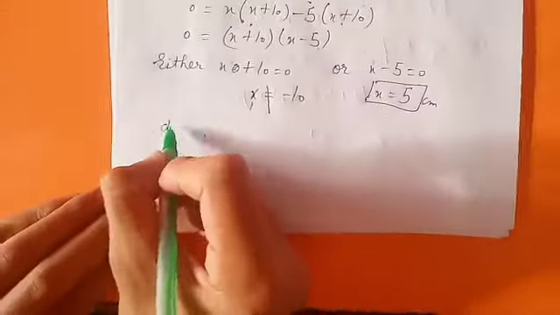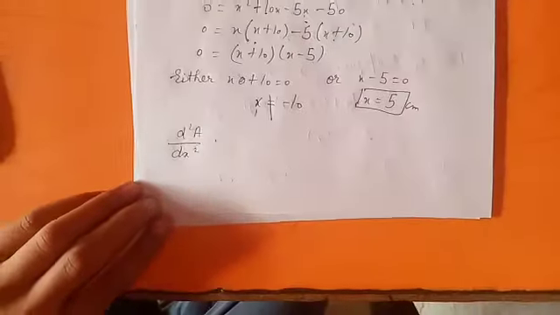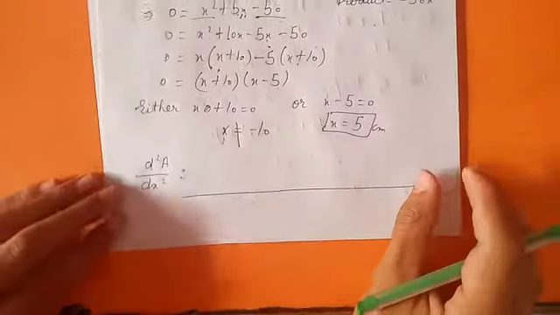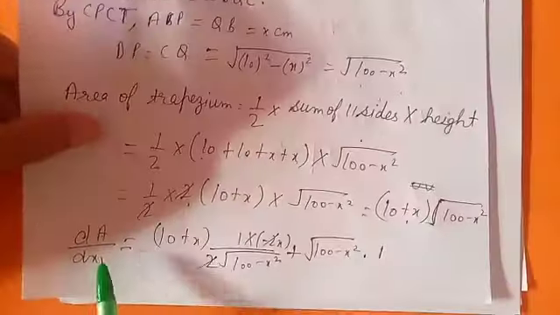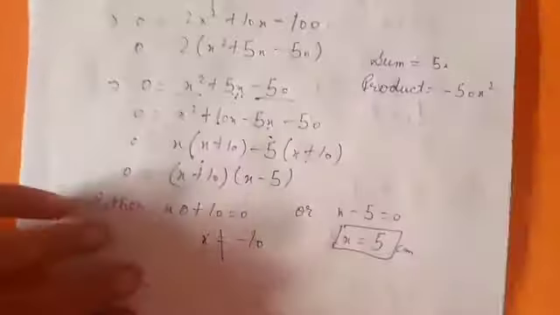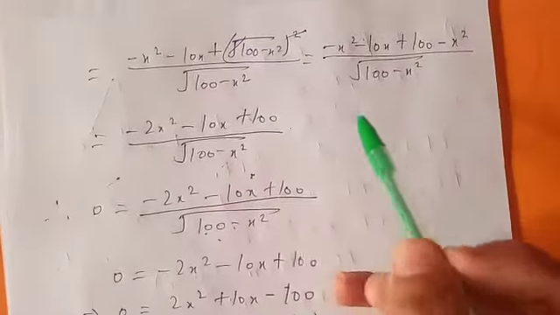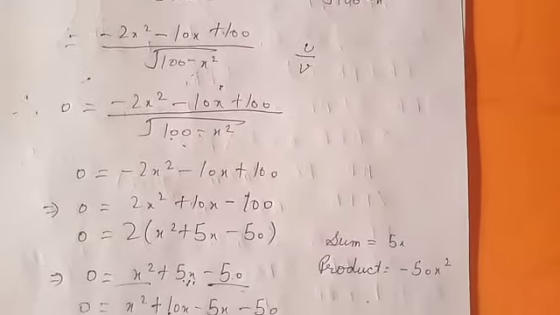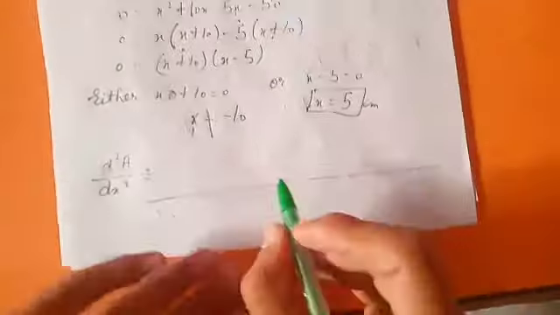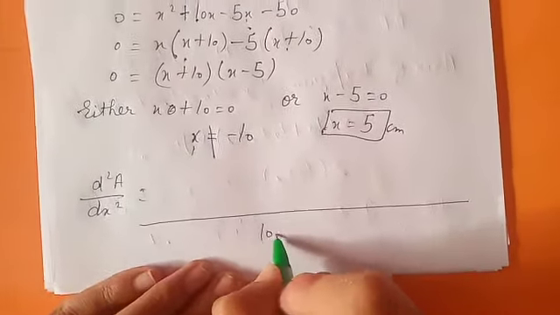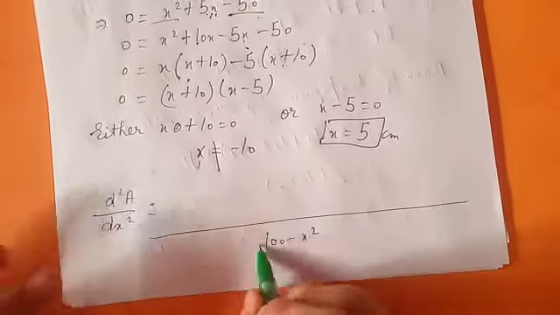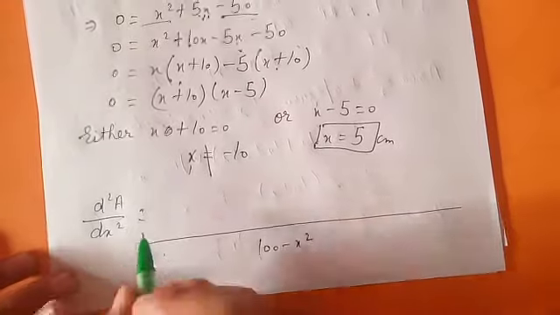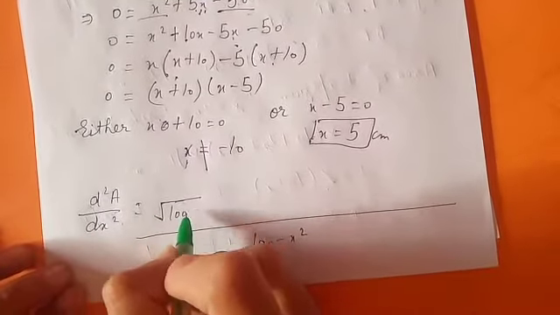So d square A by dx square, that will be, now this is our dA by dx. At last we got this value. Now it is in the form of u by v, means in this we have to use the u by v formula of differentiation, that is square of v. Square of v means 100 minus x square, because our v is under the root and square cancels the root. Okay, v square, then v as it is, v is under the root 100 minus x square